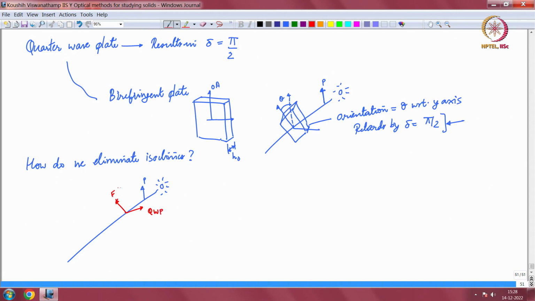So, this is the fast axis, let us say, or the optical axis, and this is the slow axis. One is the optical axis, one is perpendicular, it does not matter, and it is not placed at some arbitrary angle, but it is placed at pi by 4 to the polarization direction. Okay. This of course is perpendicular, but one of the axes, maybe the optical axis for instance, is placed at 45 degrees to the incoming polarization direction. Okay. If you do this and then you let the light pass through your sample, let us say the sample is loaded,